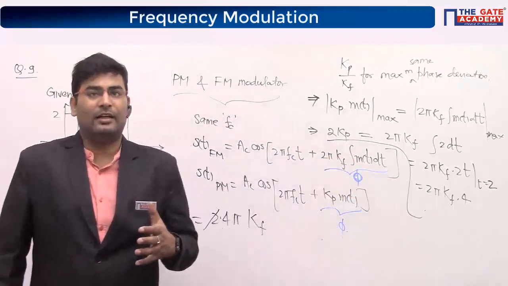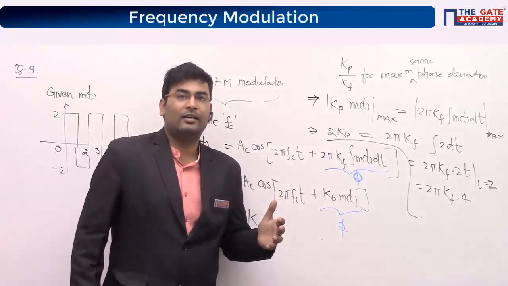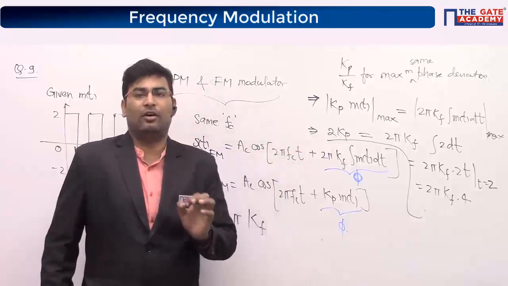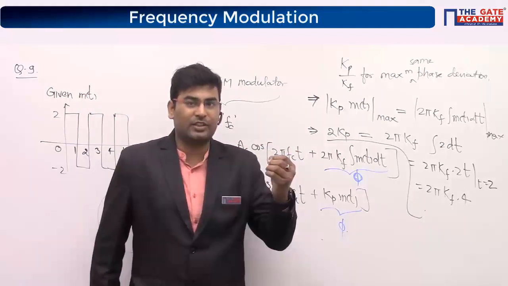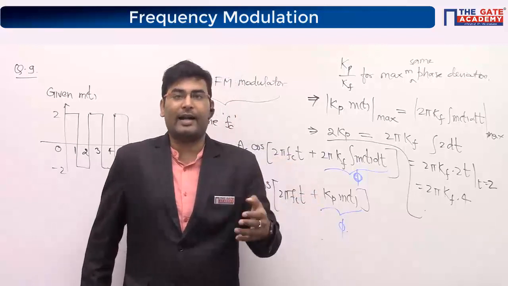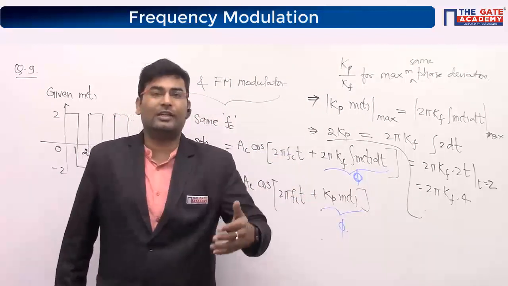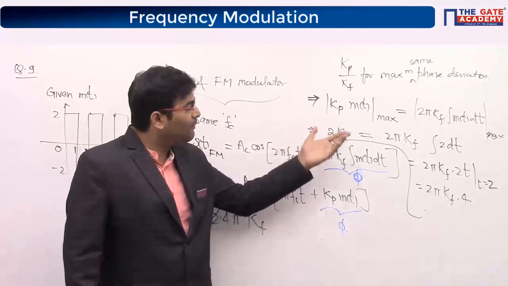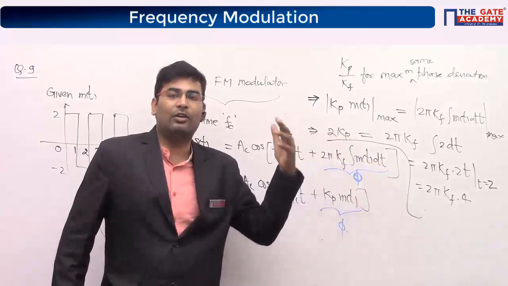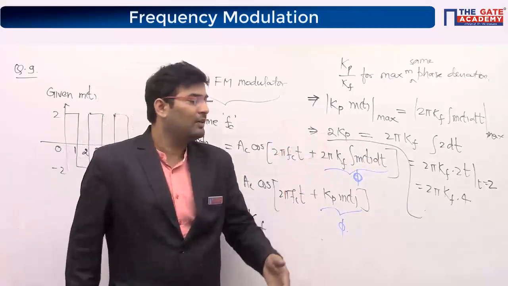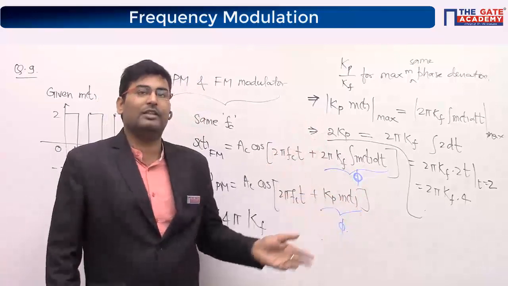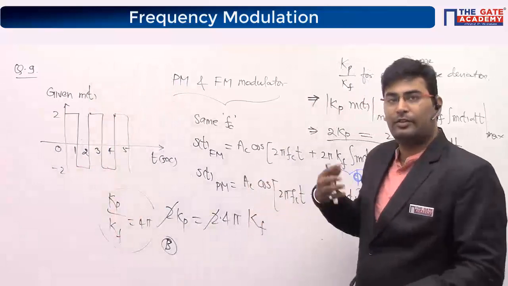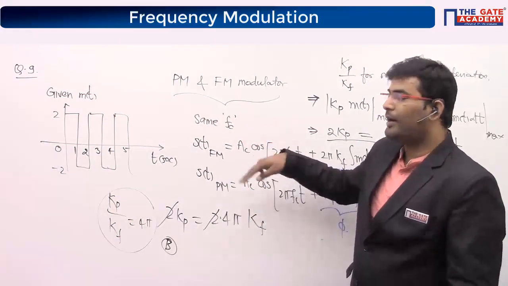So when I say, and I mean it, that whatever you should do in totality, always prioritize these topics in the syllabus, so that when the GATE question comes, you are predicting it. You are expecting that they might ask this question, because you have seen these types of questions a lot of times. If you take the very first question, again based on this, going to the basics of how the instantaneous frequency is giving you FM or PM. You take another question, this is the third question, you are seeing the same thing over a period of 5-6 years. Because if you don't understand what I'm trying to do here in terms of prioritizing the topics,